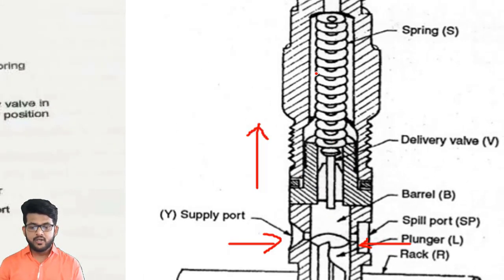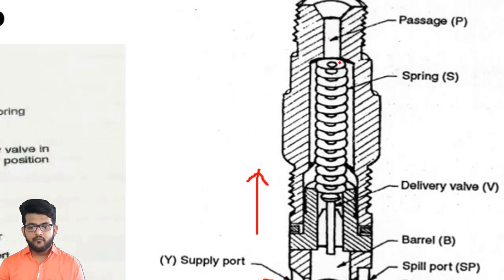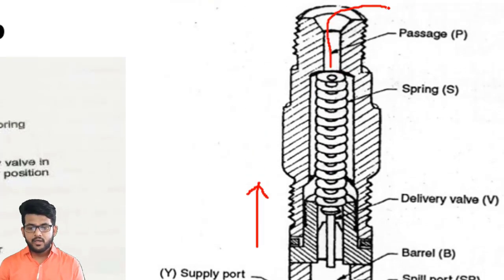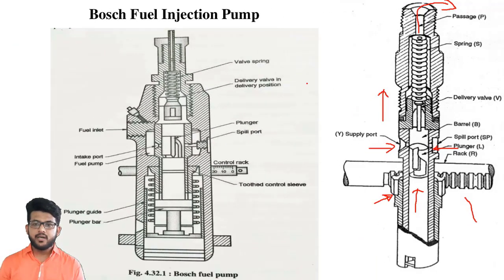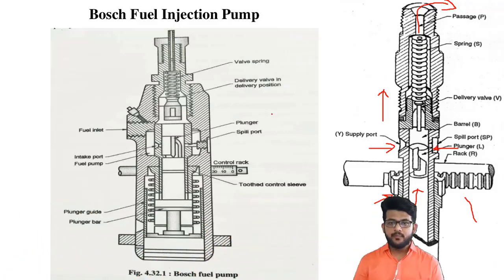and there is a seat also, there is one spring also, and that spring is actually keeping the pressure. So it will be only pushed up when the pressure exceeds the spring pressure. Fine. So it will be pushed upwards and all the fuel will go out towards the injector. So this is how our Bosch pump works. Fine. So in the exam you can draw either this figure or this figure. You only need to show the different positions of the piston.